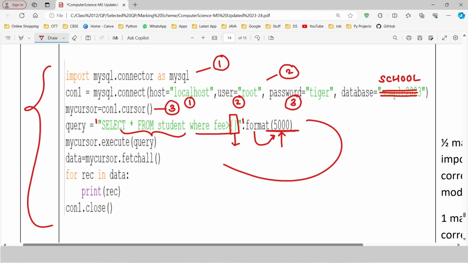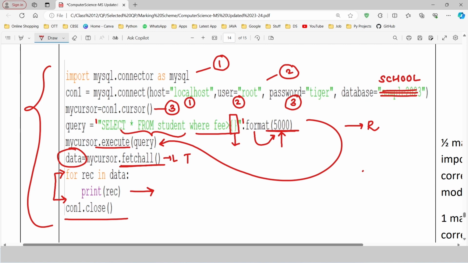Now it's time to execute the query with the execute function. Here we are using a select query, so we will be getting some result set that we are fetching with the fetchall function. We got the records in the form of a list of tuples that is stored in the data variable. Using a for loop, we are iterating over the tuples of the list and printing that record one by one. The last step is to close the connection. So in this way we will be scoring 4 marks based on this topic.